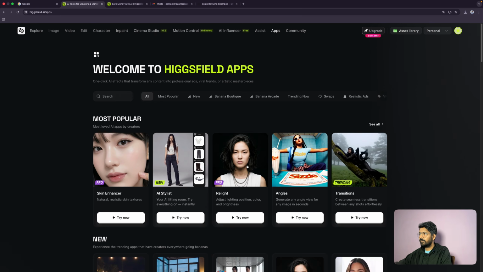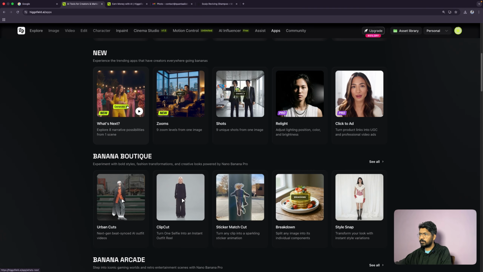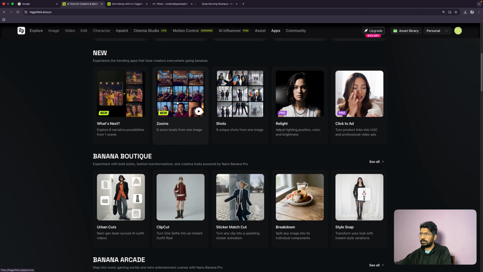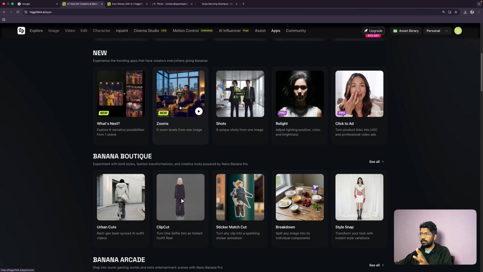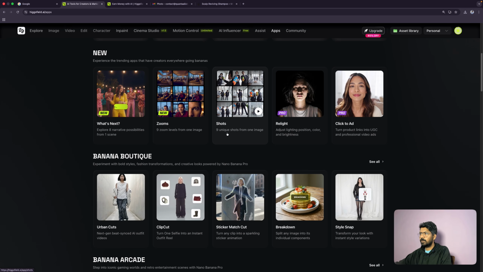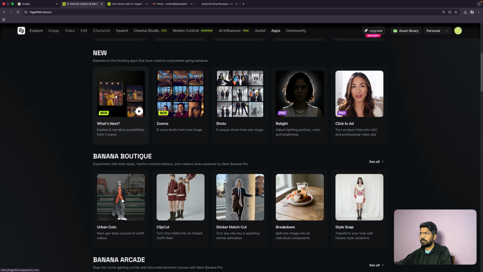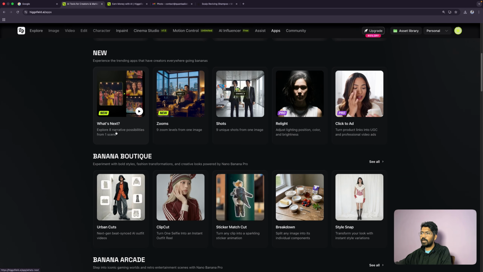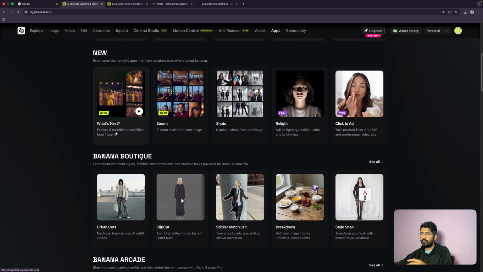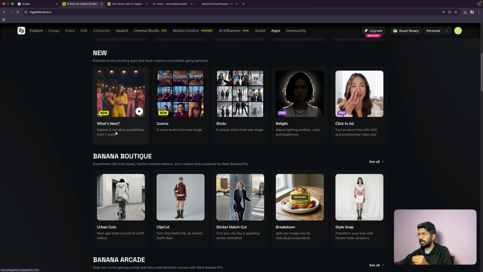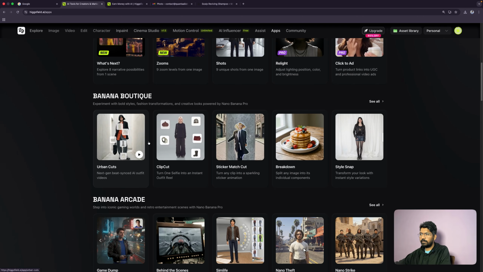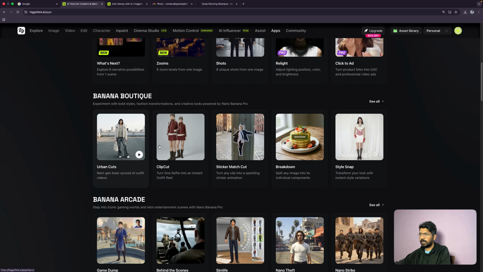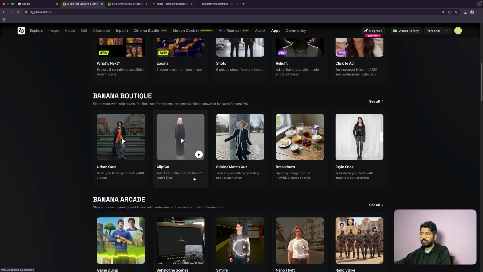While it is generating, we will see other things: relighting, zoom, and all this stuff. You can see it will zoom your single image into 9 different zoom levels, unique shots from a single image, and explore 8 possible narratives from one scene. If you upload one scene, it will create 8 scenes from it. It is uncut. You can place yourself at different locations, change the clothes, make videos,